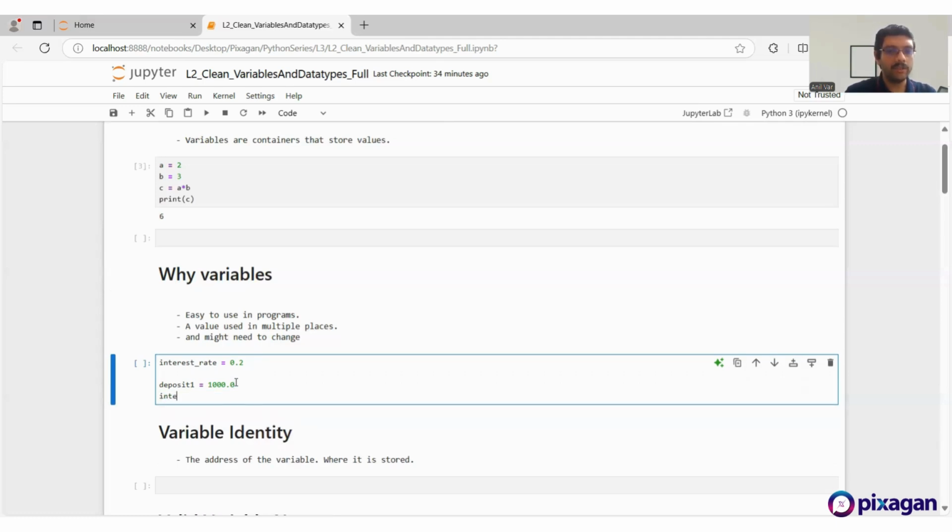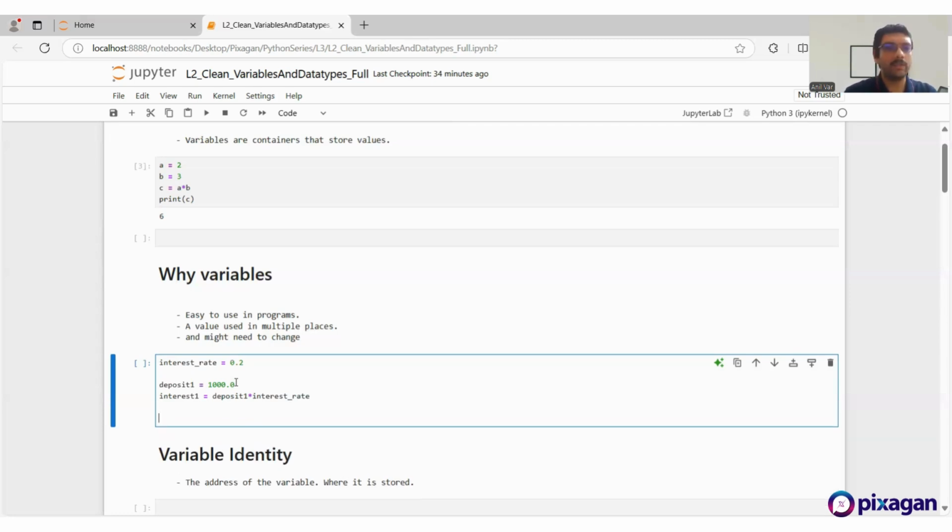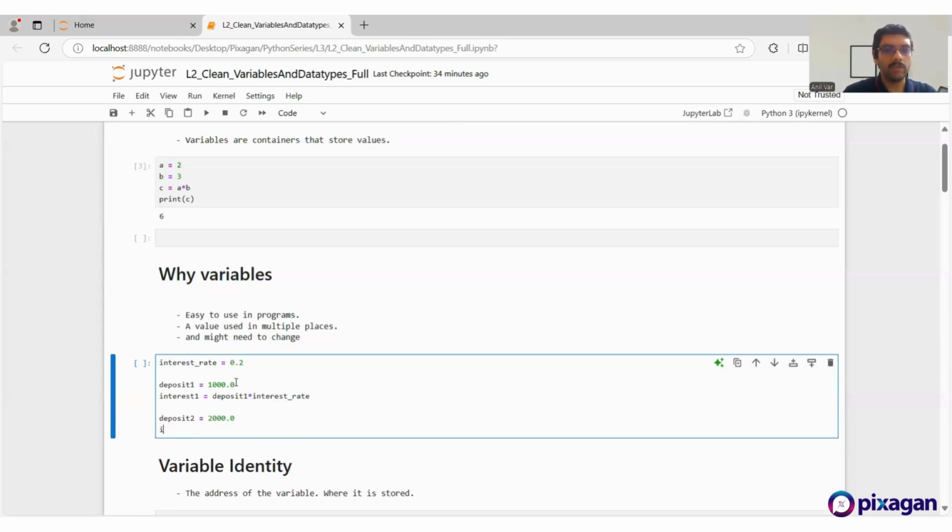And then I say interest 1, which is the interest on deposit 1, is deposit 1 times interest rate. Assume the interest rate is annual and the deposit value is annual. Keep it simple. Let's now say you have a deposit 2 in the same bank. Now the value is 2000. So what is interest 2? You could say deposit 2 times 0.2, but it's easier to say deposit 2 times